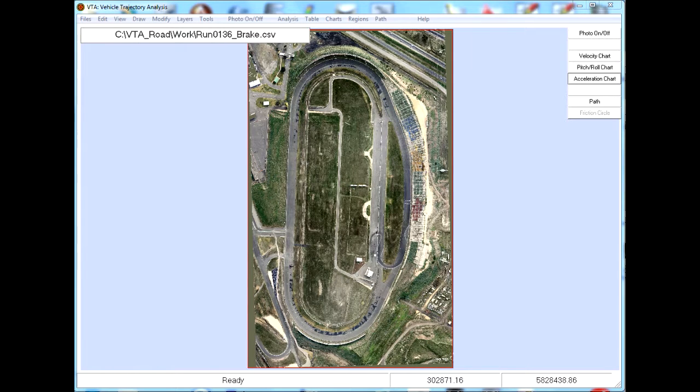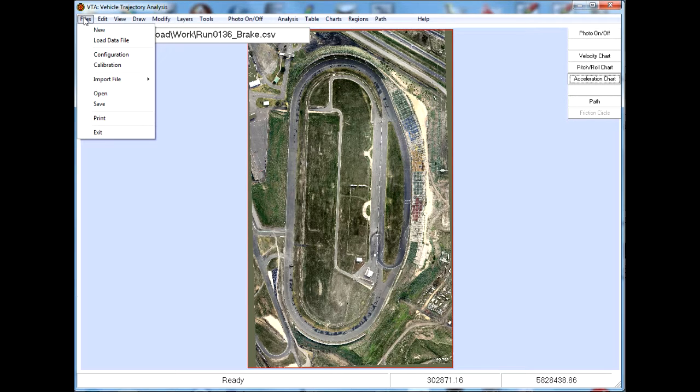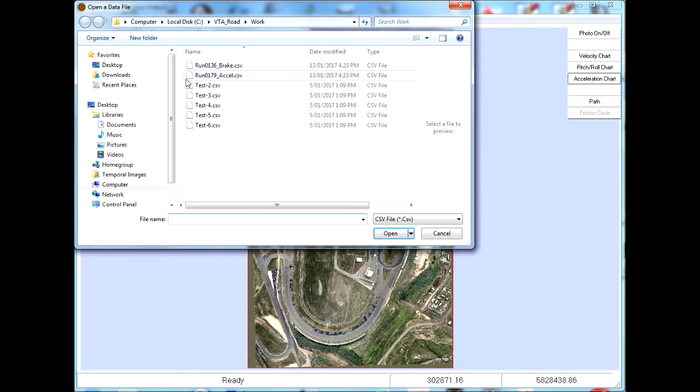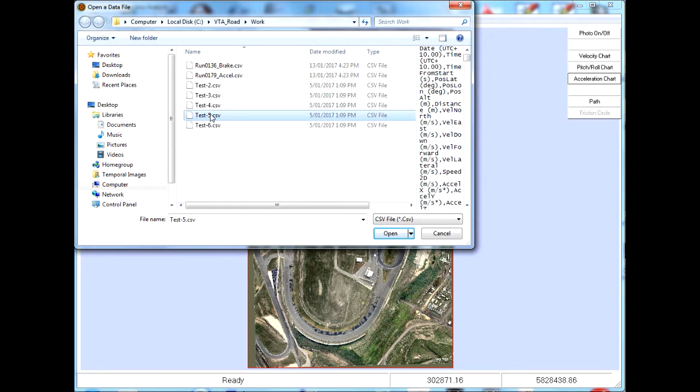The program has the ability to import trajectory files from other sources. We have our own sensor package, but we can access data from an RT3000 vehicle test system. To do this, we select Import File, we select RT3000, and we have a test file, perhaps test 5, and